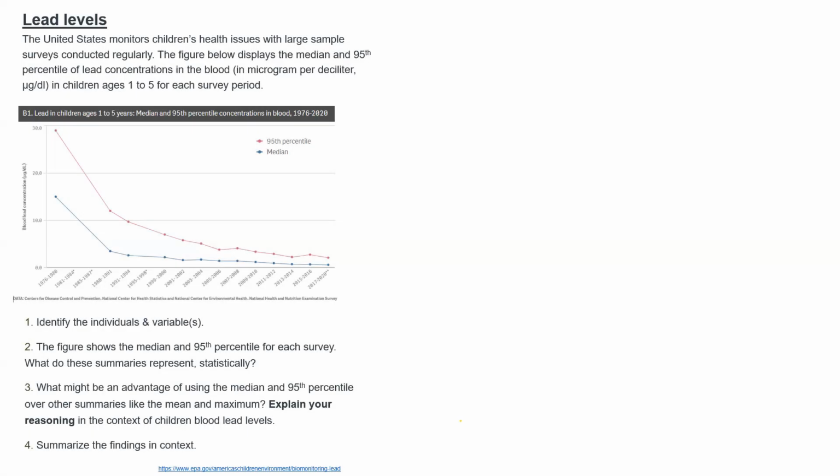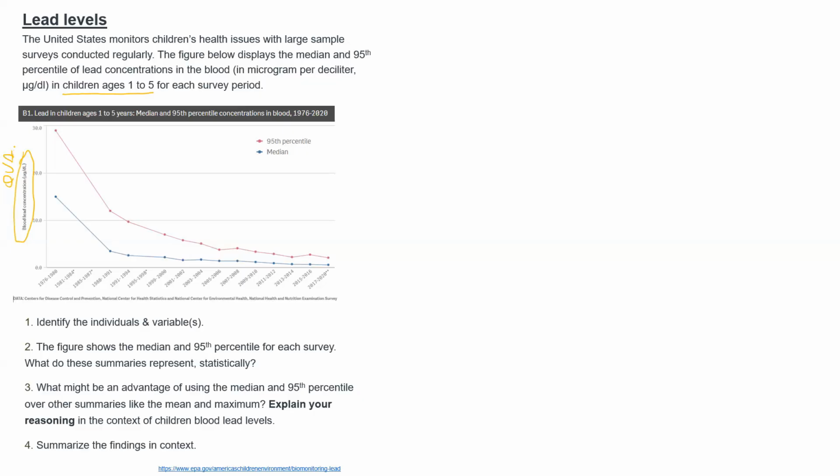Lead levels. The individuals studied here are American children, ages 1 through 5, and we have a different set of children, obviously, at different points in time. For each child, what we record is their blood concentration of lead in microgram per deciliter, so a quantitative